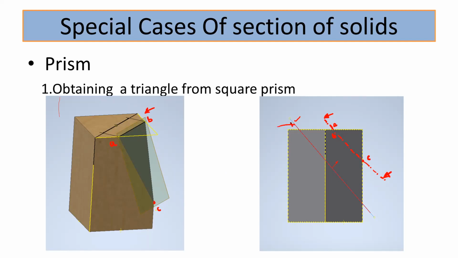By the earlier section plane, you will obtain a polygon. At this point, you will get 2 points. Suppose this is point 1, point 2. Again here, this is the vertical edge. There is one more edge behind this vertical edge. So again, you will obtain 2 corners. So this is point 3 and point 4. And here you will obtain 1 point. So this is the point 5. Okay. So this position of the section plane will give the exact triangle.